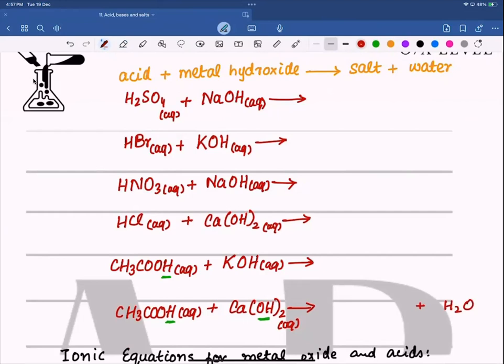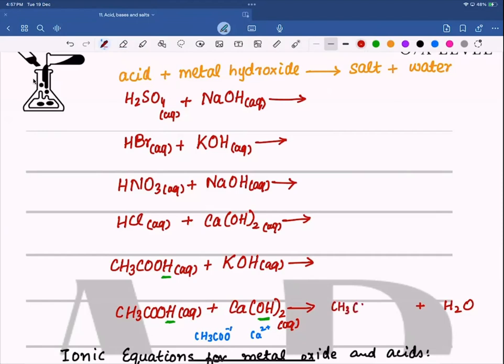Is this clear? Yes, Sami and Khatija? Okay, now, if we look at the leftover ion, here the leftover ion is CH3COO. What will be its charge then? -1. -1, very good, because only one hydrogen is released, so it is going to have a -1 charge. Okay, and what is the charge of calcium? As calcium is in group 2, +2. +2. Okay, so now if I'm going to make the formula, it is going to be